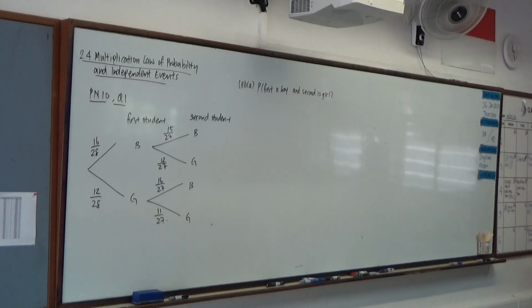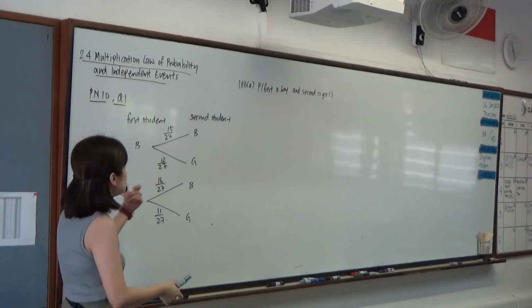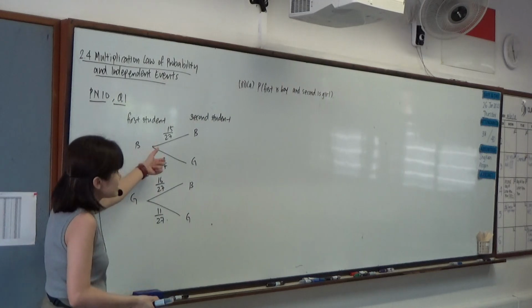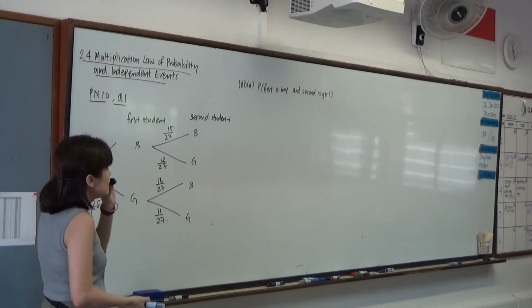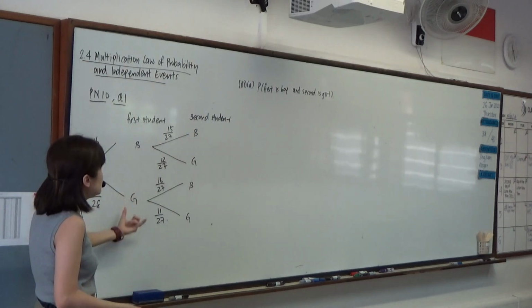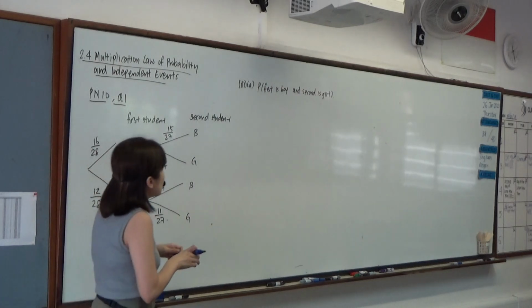About dependent events. Okay, so we know that for dependent events, the second pick will be impacted by how the first pick turns out. So therefore, not just the denominator changes, the numerator may change as well, depending on what was chosen at the first round. So let's look at part 3, part A, where we want to first find out